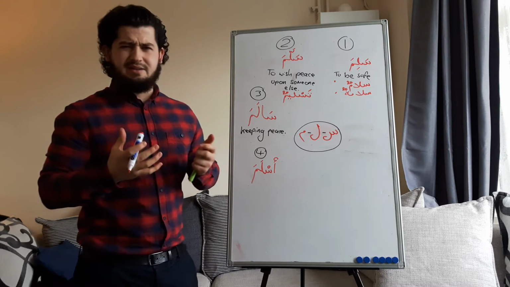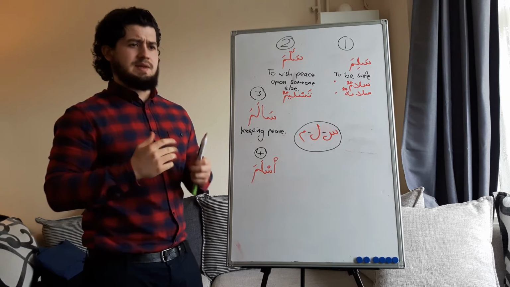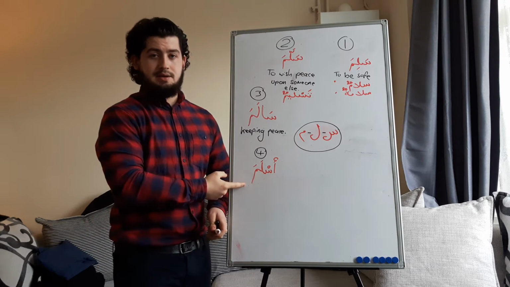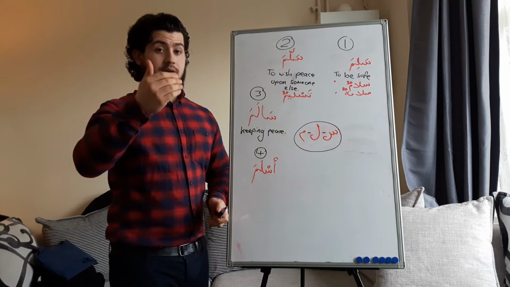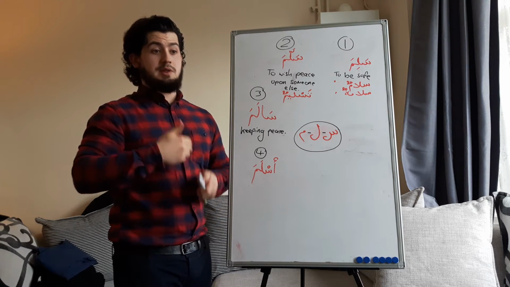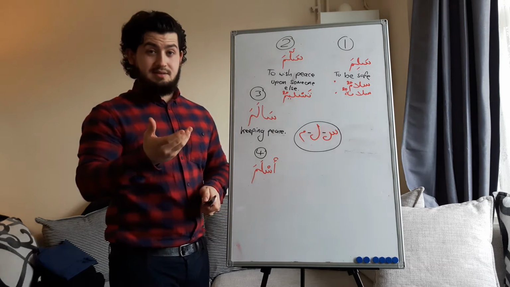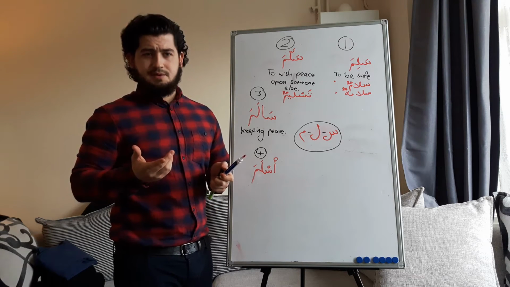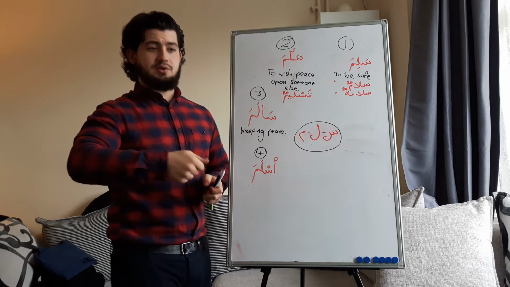But that's not even alien to the English language. When we have people who seek asylum, the word asylum, I've no doubt, comes from the word aslama. When people seek asylum, they're coming to another country because they want peace. But to do that, they have to submit to the laws of the country, in order to reach peace.